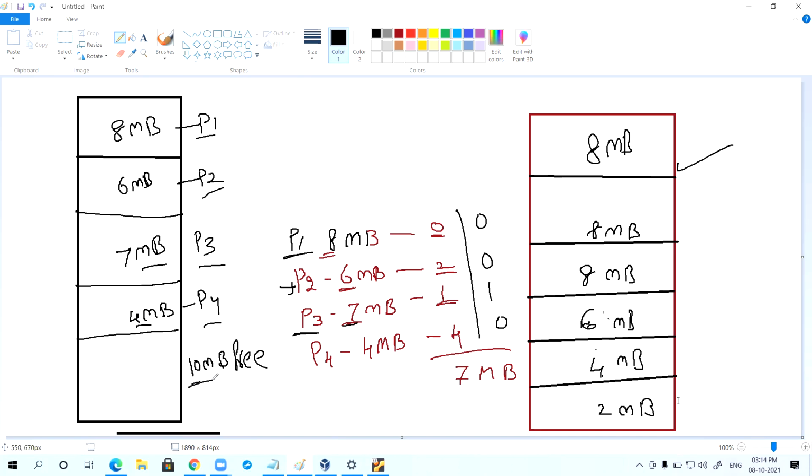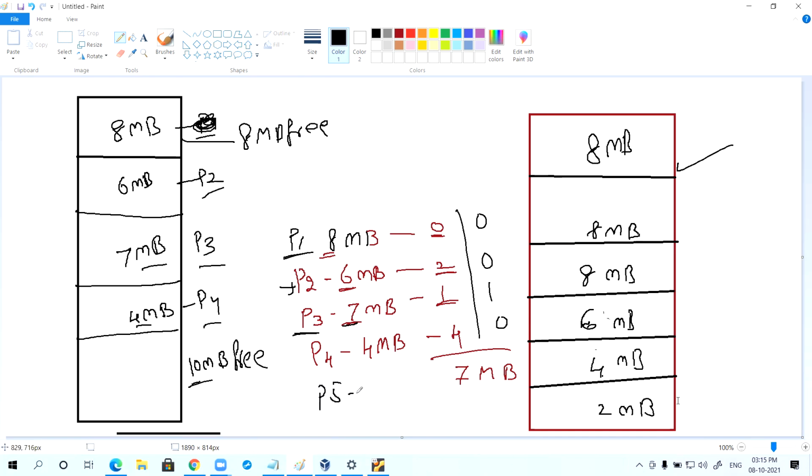How much is free? 10 MB. Suppose P1 is done with its job. Now, total 10 plus 8, how much is free? 18 MB.